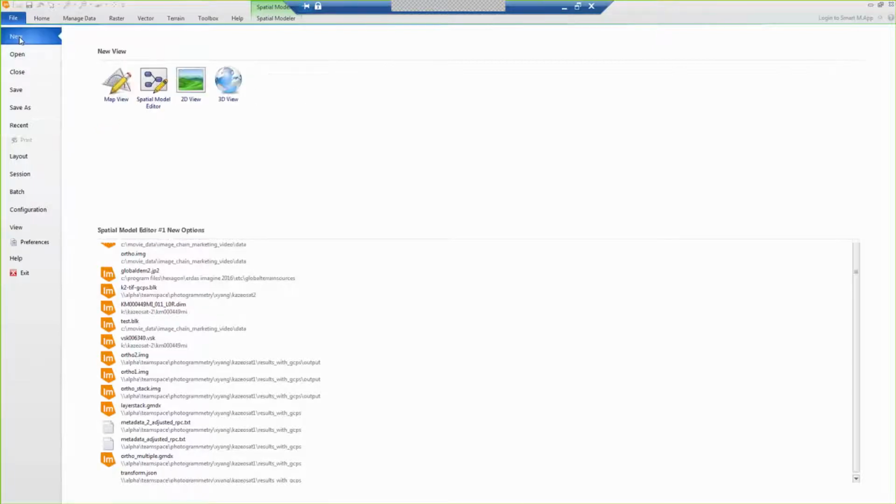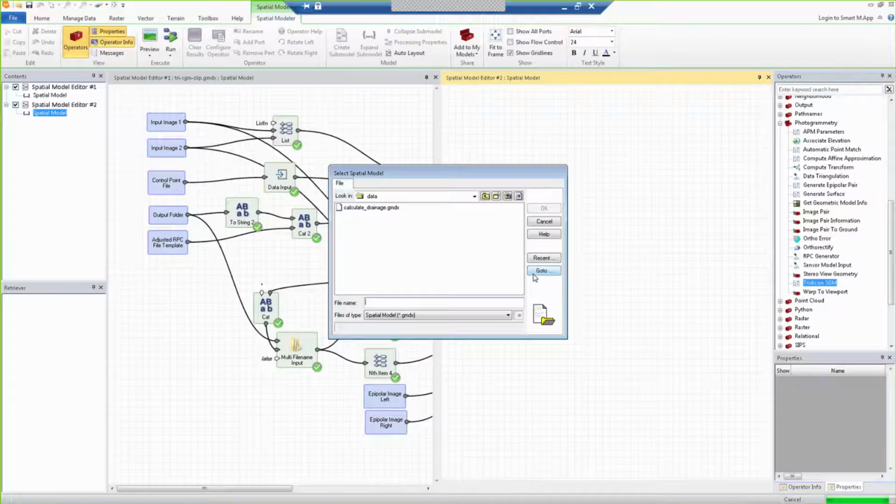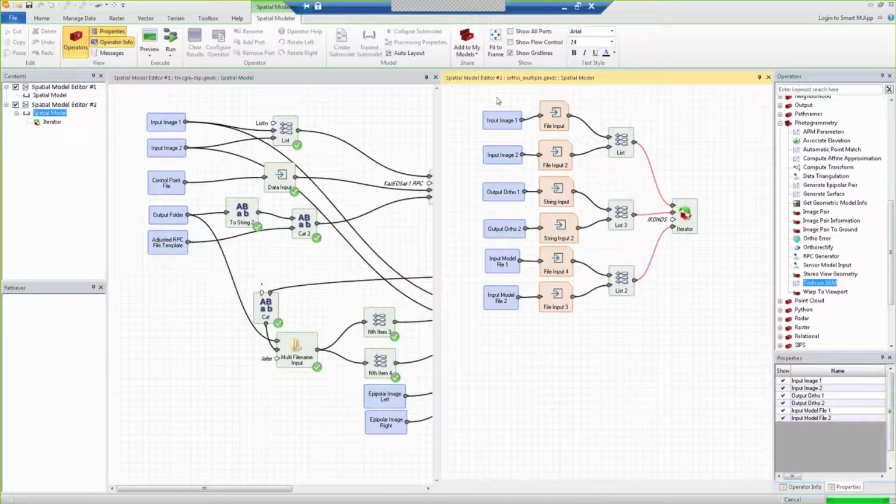So let's create another example. In this case, I only input 2 images as an example to have a mass production of orthophotos. Since the auto generation part is all the same, you can create a model for that. We call it a submodel, and put that submodel as an iterator. But the inputs are different, because for auto resampling,